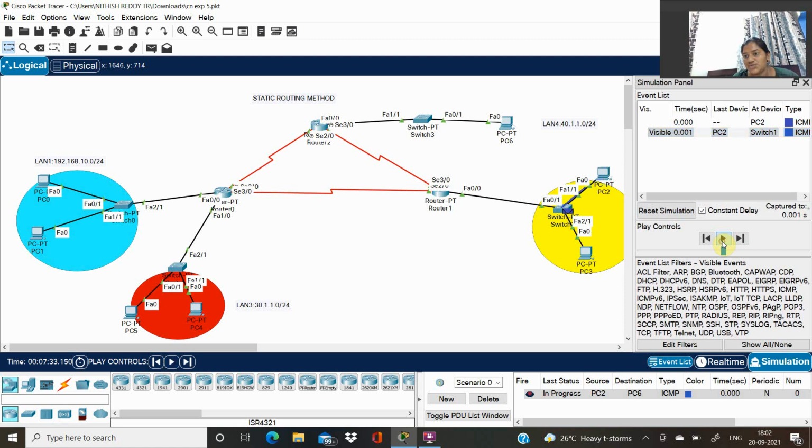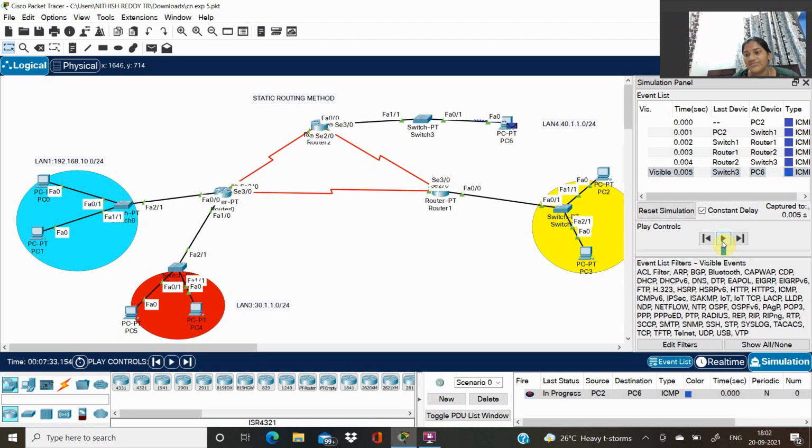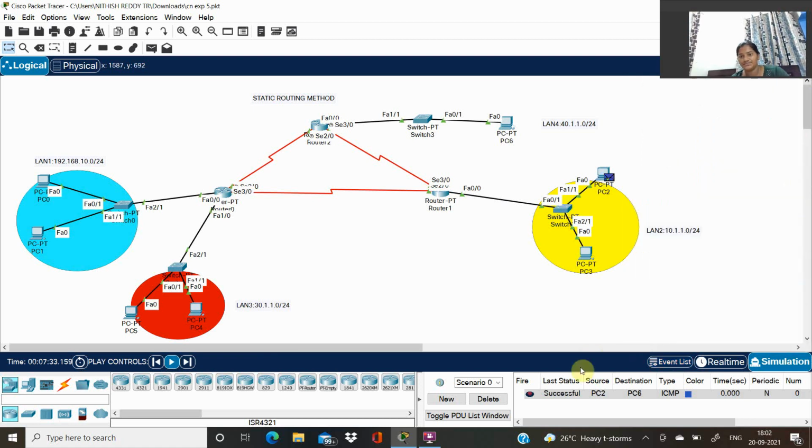From PC2 to switch 1, from switch 1 to router 1, and then from router 1 to router 2, and then from router 2 to switch 3, and then from switch 3 to PC6, and from PC6 to switch 3, and then from switch 3 to router 2, and then from router 2 to router 1, and then from router 1 to switch 1, and then from switch 1 to PC2, and it is successfully done.